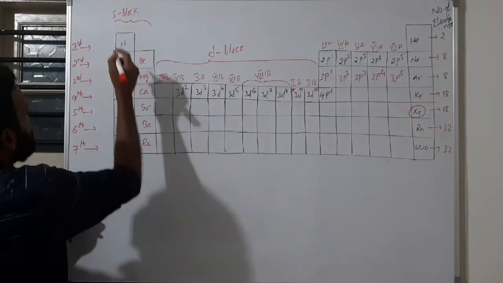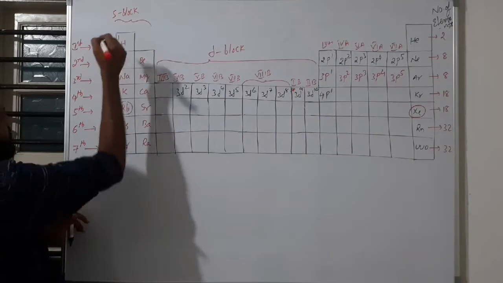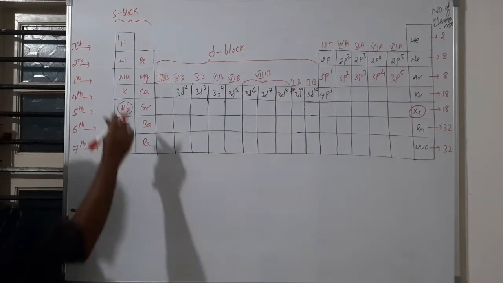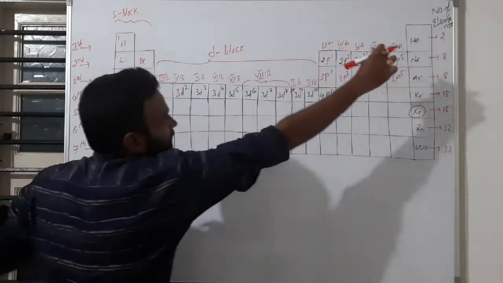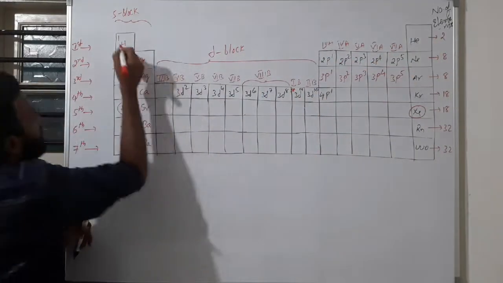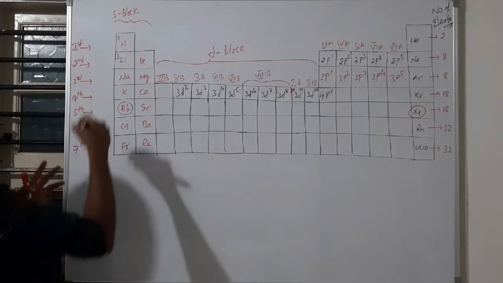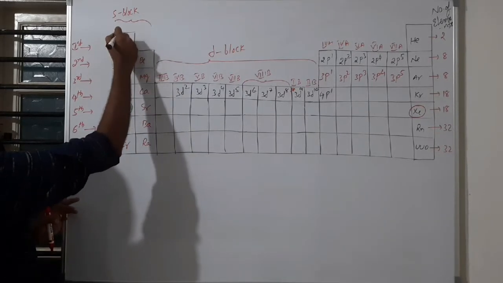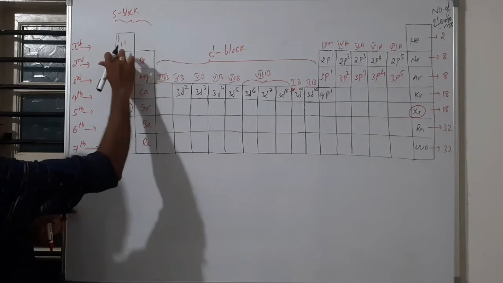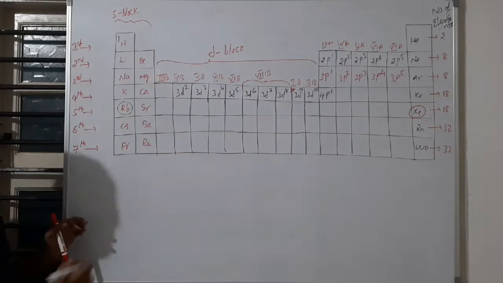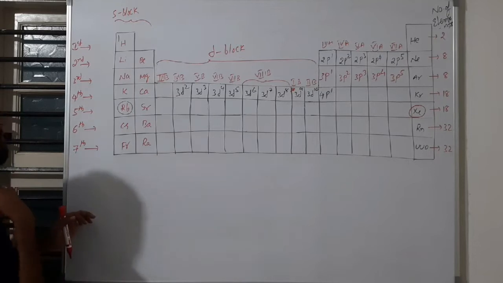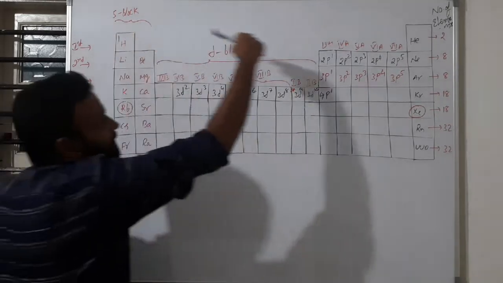Okay, so suppose hydrogen, the atomic number is 1. In the first period, how many elements are there? 2 elements are there. So 1 plus 2, so 3 is the atomic number. Getting what I am saying? Hydrogen atomic number is 1. So I want the lithium atomic number. How much is the lithium atomic number? In the first period, you have to see how many elements you have.